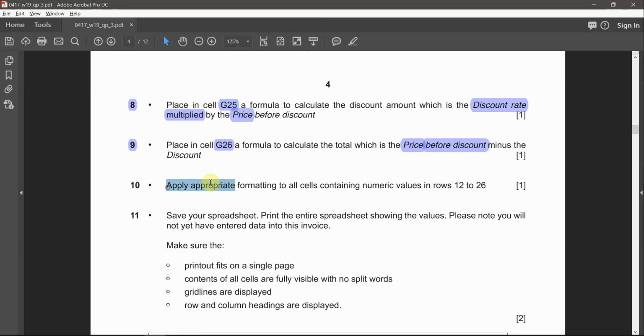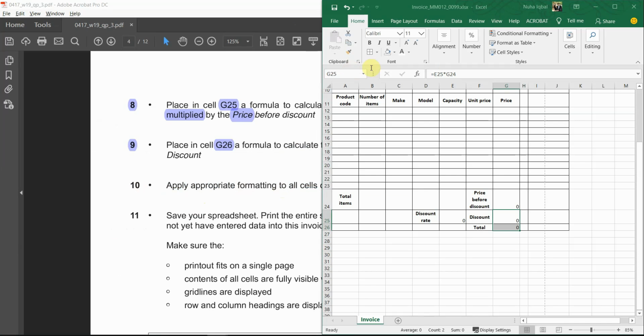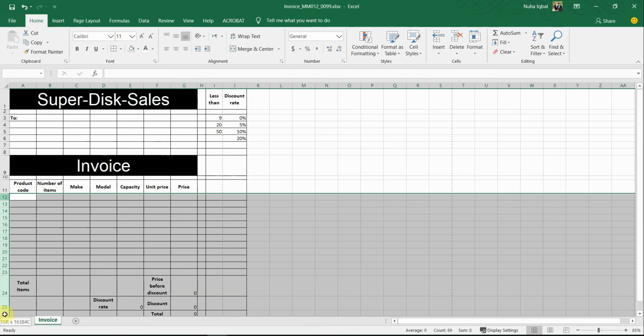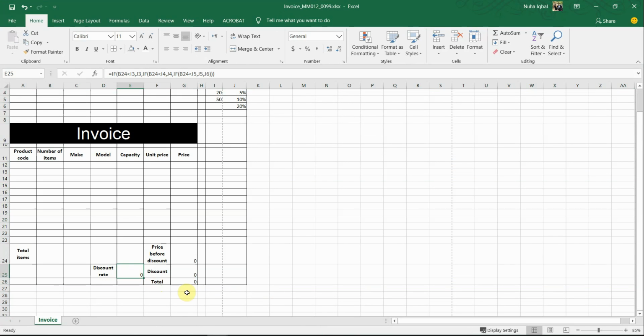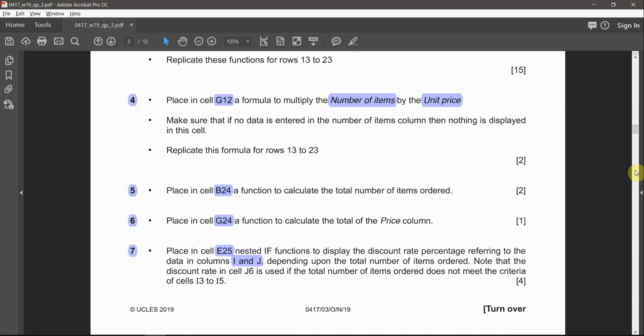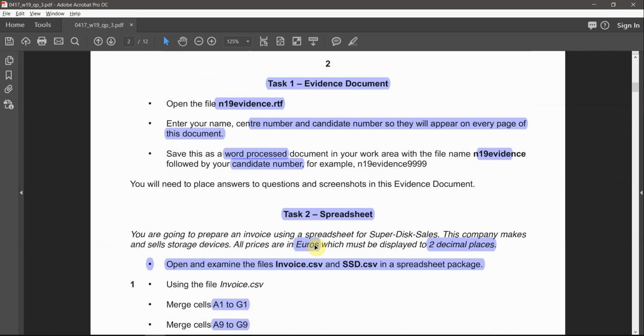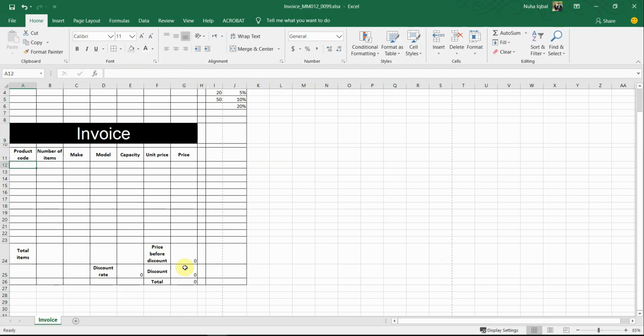Apply appropriate formatting to all cells containing numeric values from 12 to 26. Those are the rows from 12 to 26. We need to apply the proper formatting. What they mean about the formatting is mentioned in the beginning of the question, that it's supposed to be all currency, zeros and 2 decimal places. So let's go over here and check. Starting from here, we have prices here. We need to make it in euros, so make sure it is in euro,